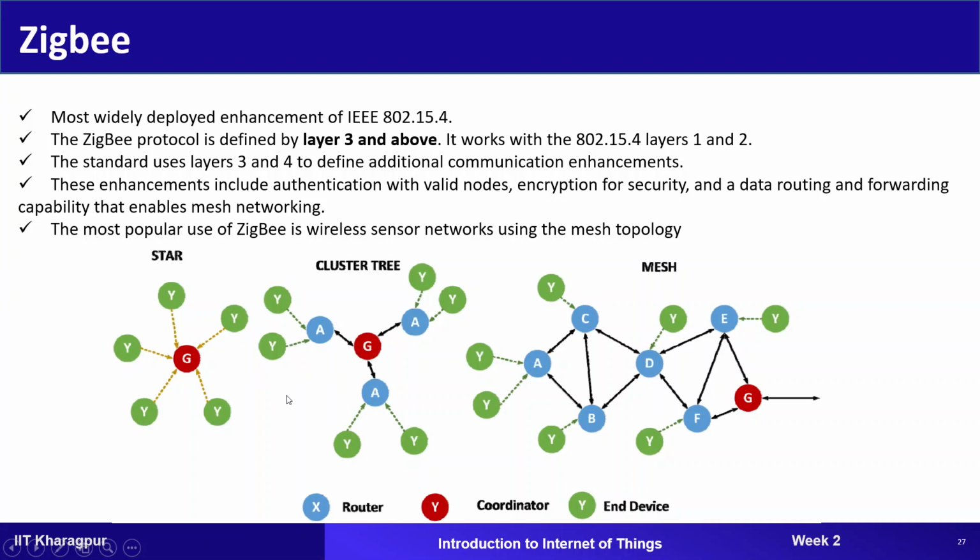If the IoT devices are present in the single network only, for example these two devices, these can communicate with your router. However, if these are present in different networks, then the communication will take place through your coordinator. Now the third topology is your mesh topology. In case of your mesh topology, any device can be connected to the other device. So for example here different devices are connected to the routers, so these routers are further connected to routers also, and your coordinators also. So in case of a mesh topology, any device can send data to any other device.